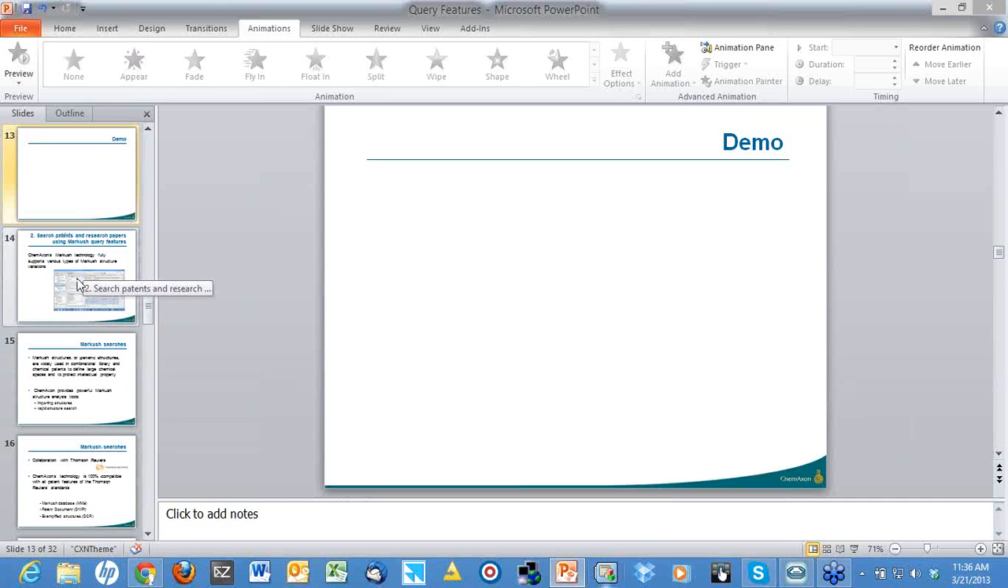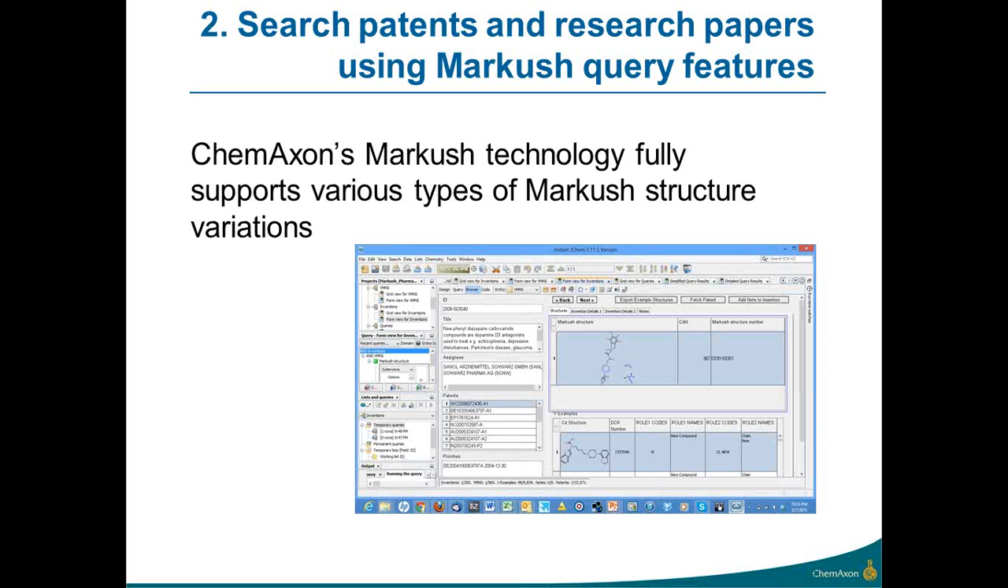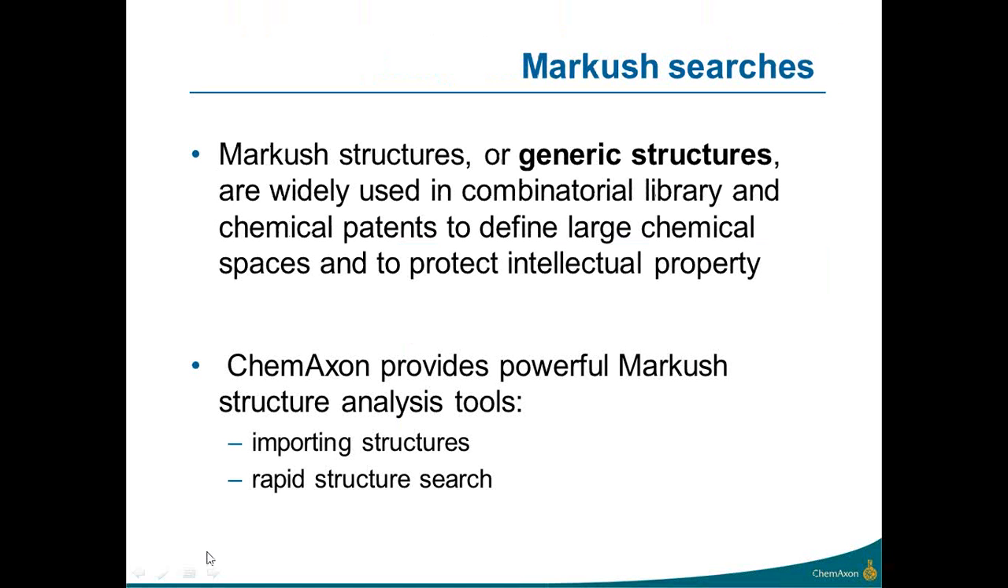Of course, there are many other features we can show here, but let's go and look at the second case study, which is searching patents and research papers using Markush query features. Our Markush technology fully supports various types of Markush structure variation. And just for those of you who are not familiar with that,